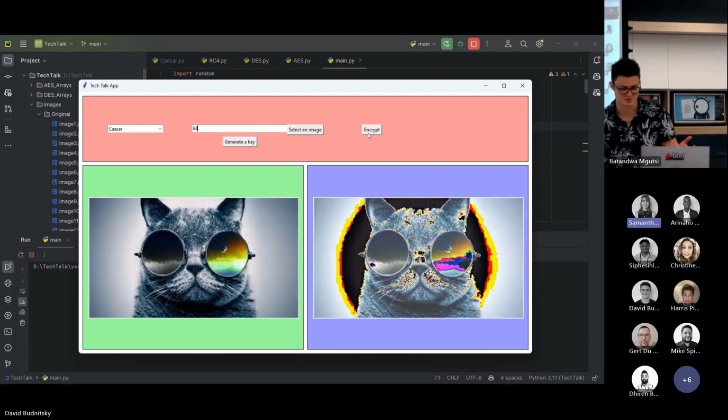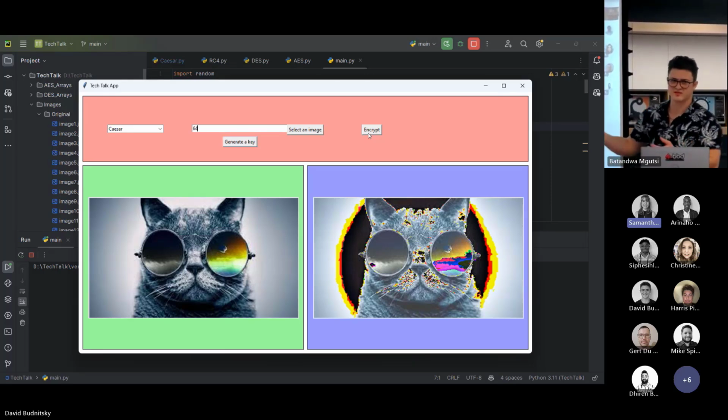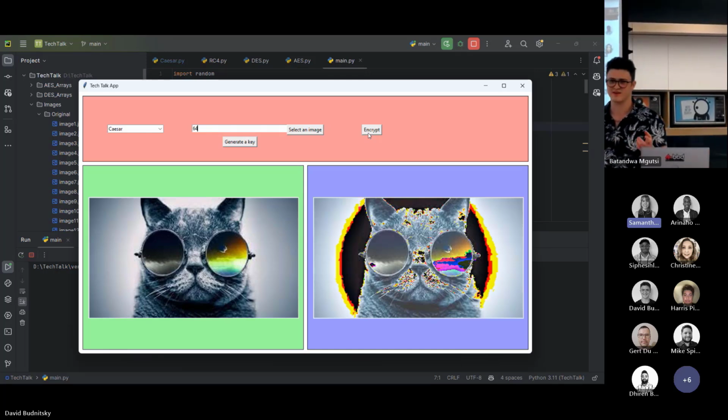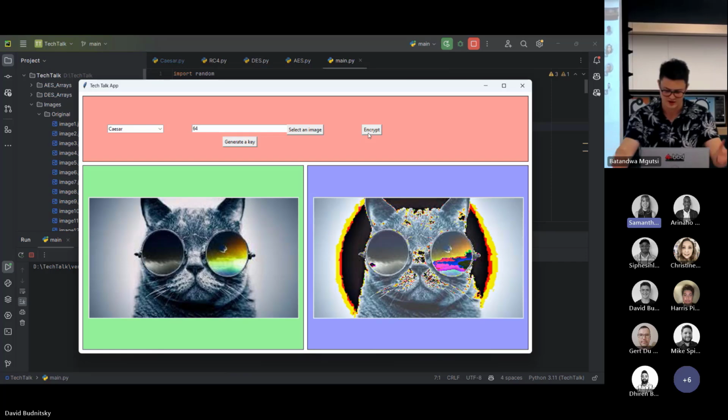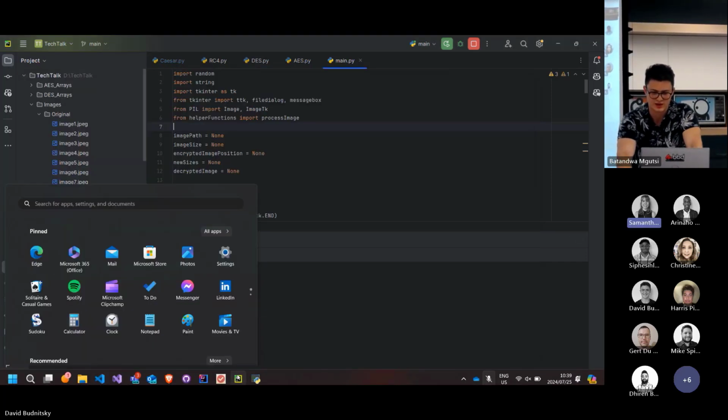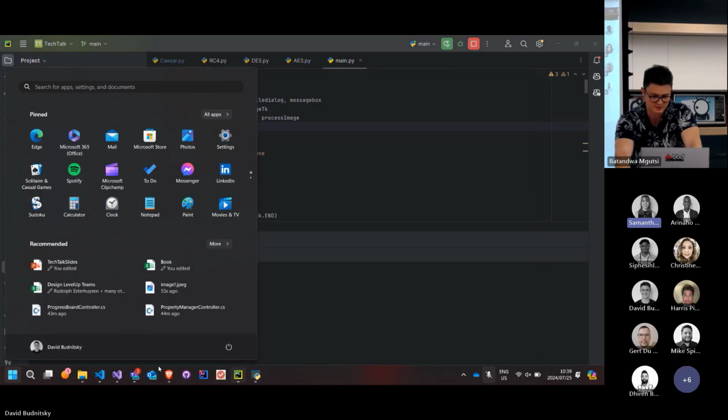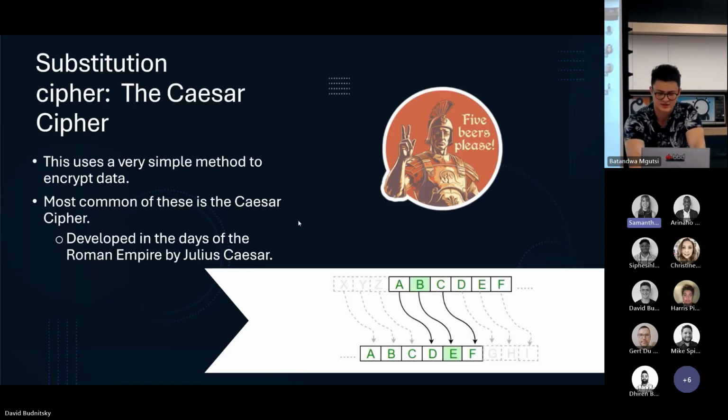So this doesn't really encrypt our image much. Because of that, we can say that the Caesar cipher doesn't really add much confusion or diffusion to our picture, because we can still see it's a cat and we can still see the cat in the middle of the photo. Alrighty, so now that we've had a look at that, let's have a look at the next cipher, which